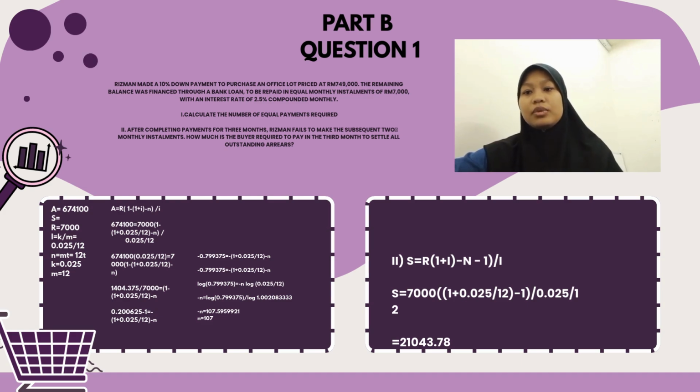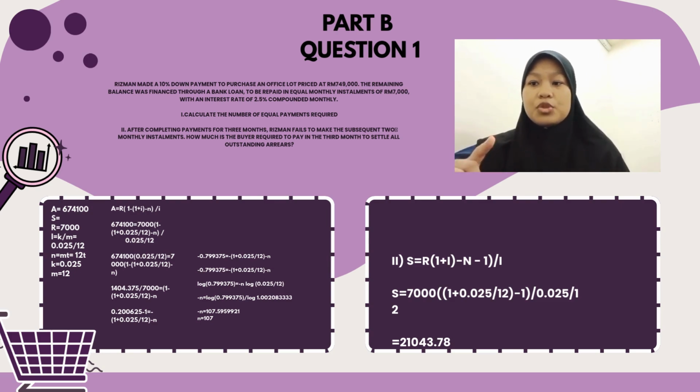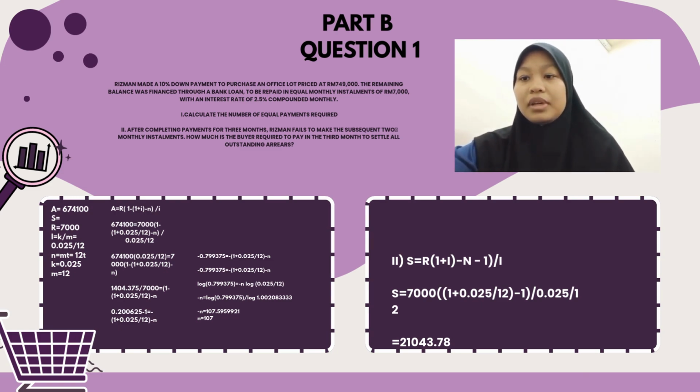And then we calculate it into 674,100 bracket 0.025 over 12 bracket equal 700 bracket 1 minus bracket 1 plus 0.025 over 12 bracket power minus n bracket. And then you just calculate it, and it becomes 1404.375 over 700, because we take the 700 to the left side, equal the rest of it. Then you just calculate the left side, and it becomes 0.20625 minus 1, and you just calculate it, and the right side you leave as it is, and then it becomes minus